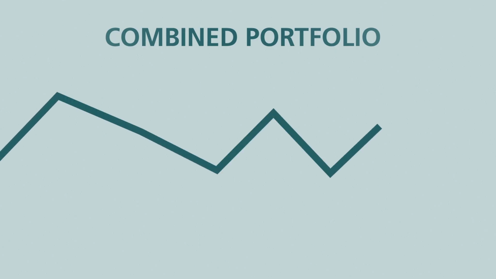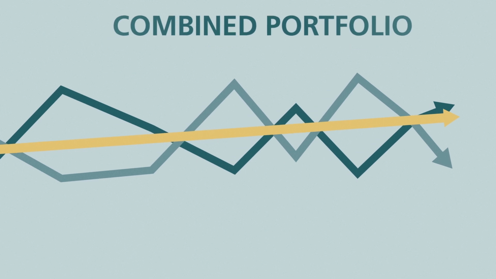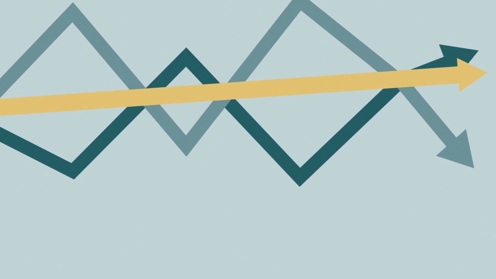Here is an example of two investments. The petrol blue-colored line shows the price development of investment A. The light petrol blue-colored line shows the price development of investment B. The two investments are developing in exactly opposite directions. If you create a portfolio out of these two investments, the price fluctuations will balance each other out. The golden line represents the combined portfolio. In reality, investments don't develop in such perfectly opposite directions, but the example is a way of clearly showing the